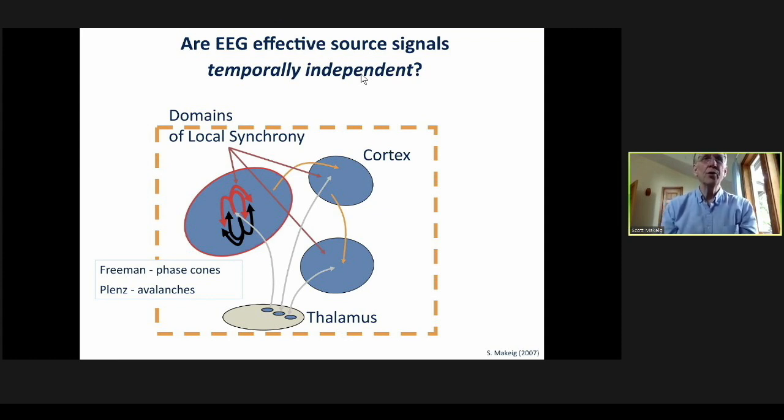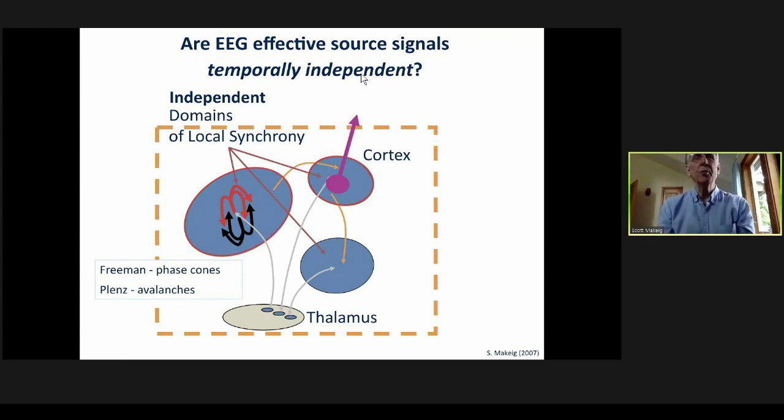Those two facts alone mean that the concept of relative independence of temporal signatures, or of time courses of activity, in different effective sources is physiologically highly plausible. And so the concept of temporally independent domains of local synchrony is physiologically plausible. Now, of course, the scalp projection of such an effective source will be equivalent to that of an